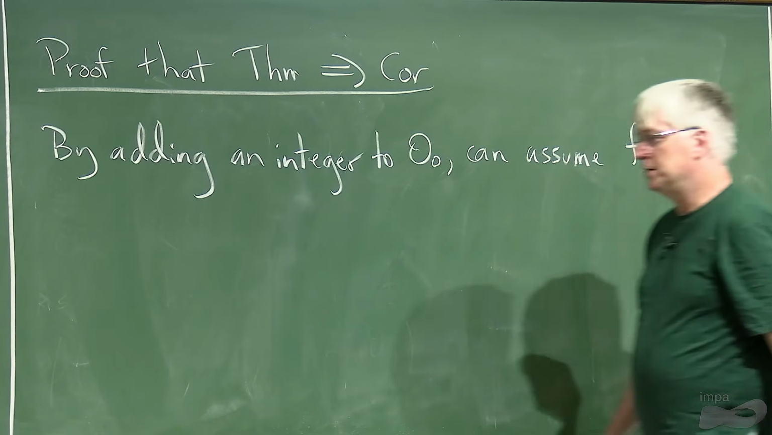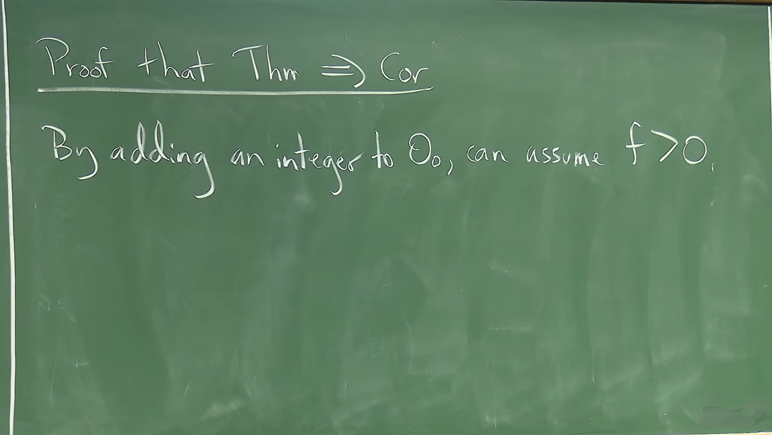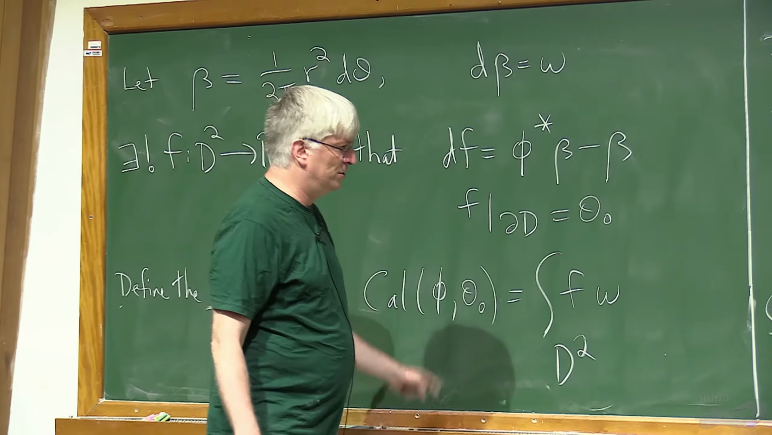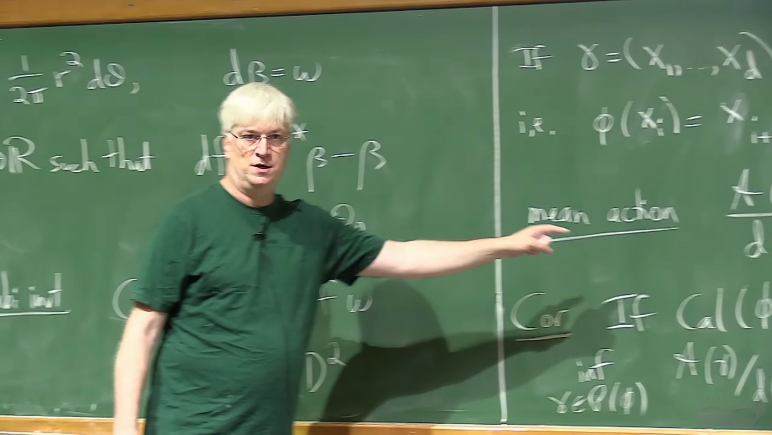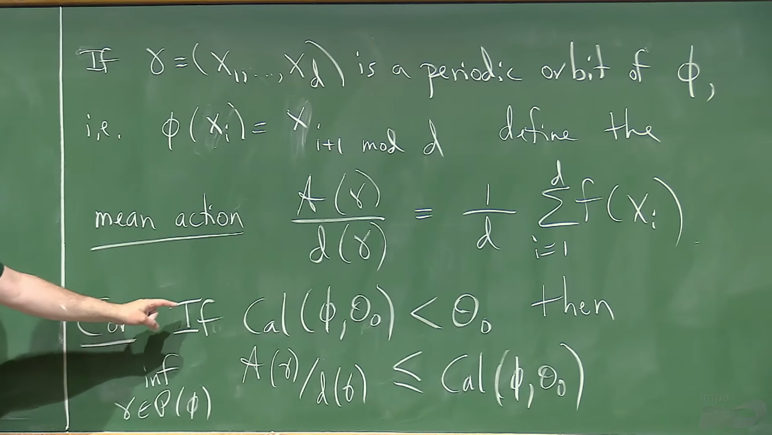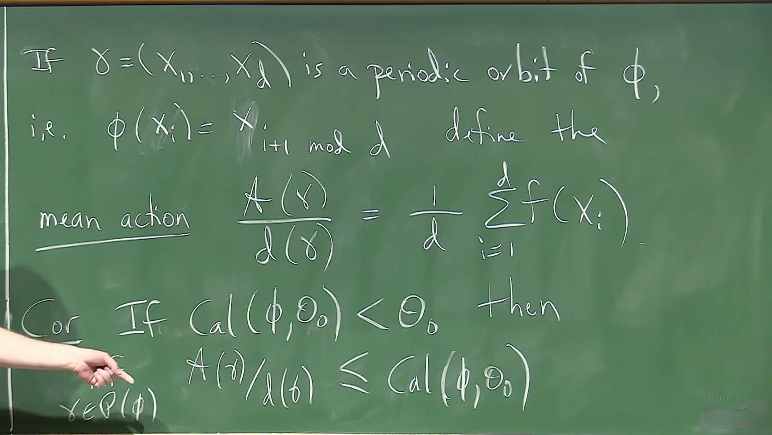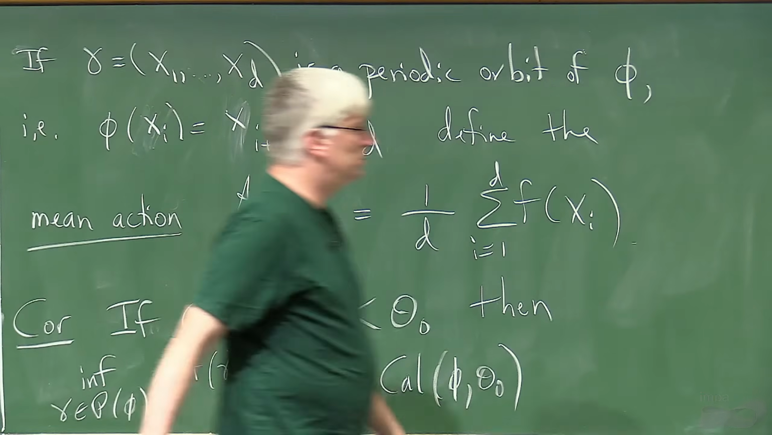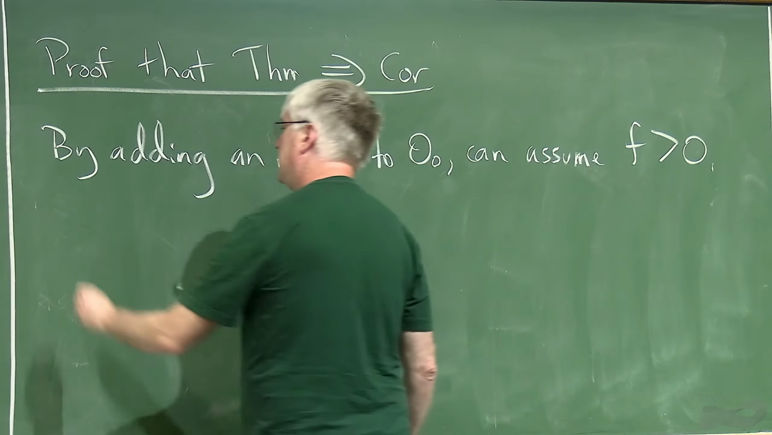So in this statement, if we added some integer to theta 0, that would increase f by that integer. So the Calabi invariant increases by that integer, and the mean action of the periodic orbit also increases by that integer. So the statement of the corollary, whether it's true or not, is invariant under adding an integer to theta 0. Okay, so I can assume that f is everywhere positive, and then we can construct